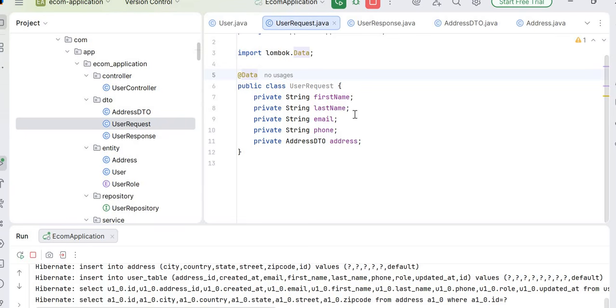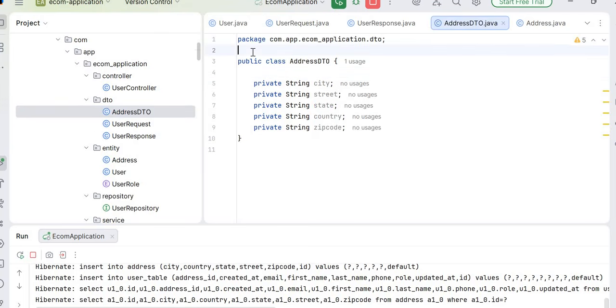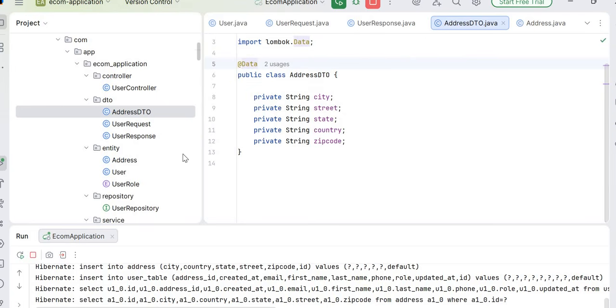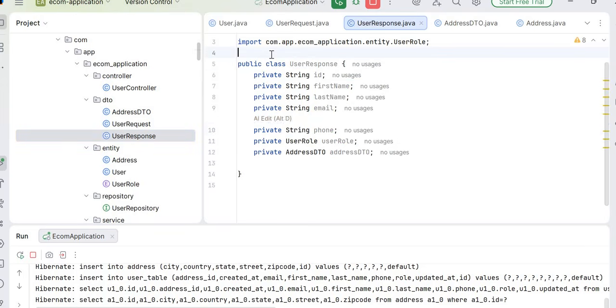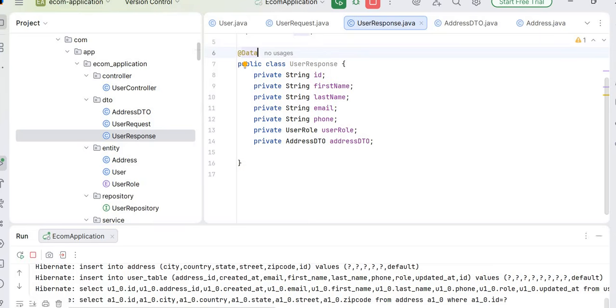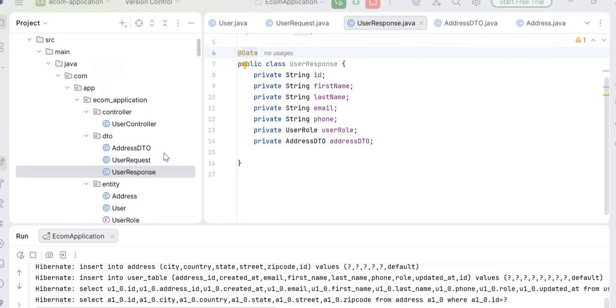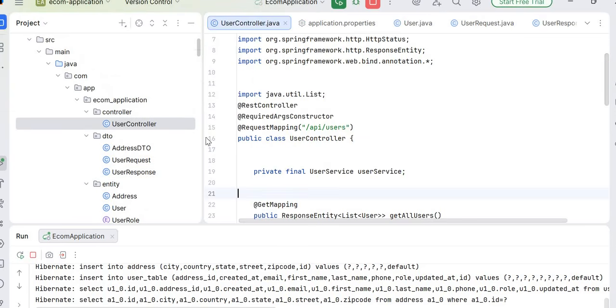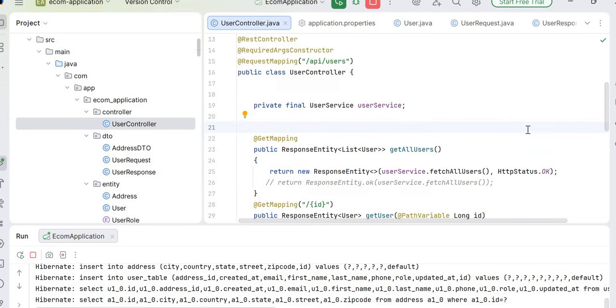When we are defining the data, everything, like the constructor, will be handled by Lombok. We can define @Data everywhere, because we don't want to keep our code very complex. Just define @Data and everything will be handled by Spring Boot. So first we have changed the request and response DTO. Now if we go to the user controller, you can see